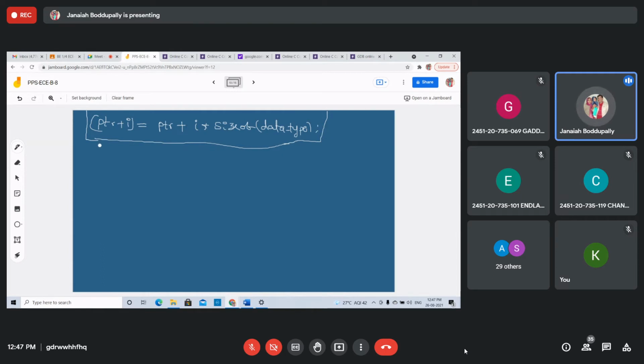Now, a few special aspects of pointer expressions. There are three special aspects we will discuss: pointer assignments, pointer arithmetic, and pointer comparisons.